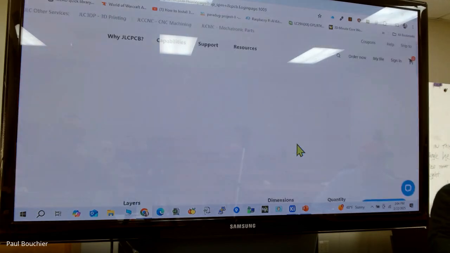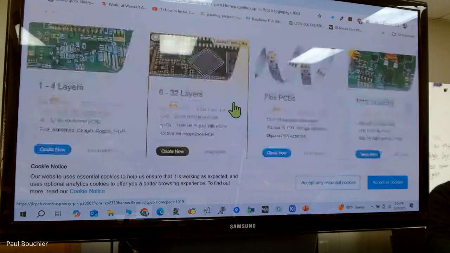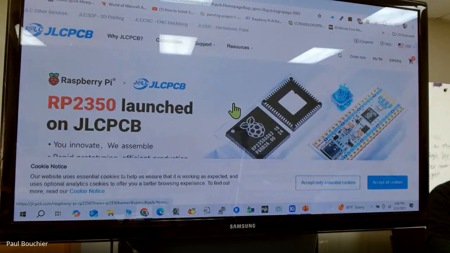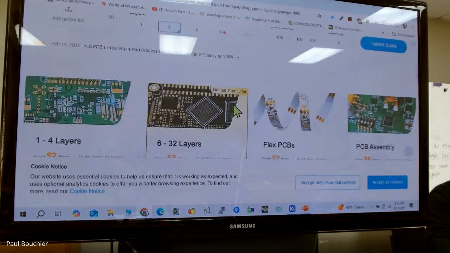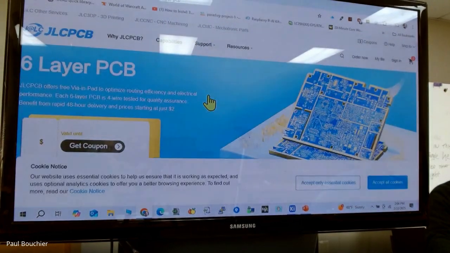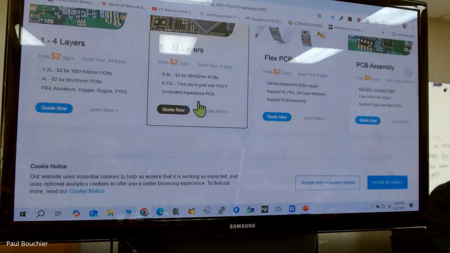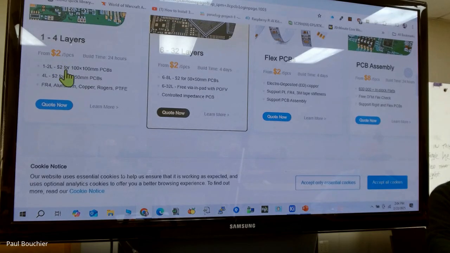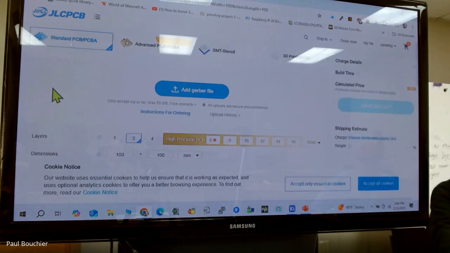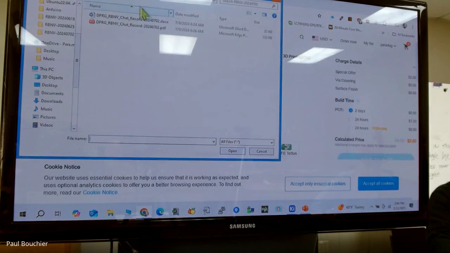See if it'll let me in. Oh, okay. So this is when you log in. Let's see. I guess I've got this one. Okay. Wait a minute. What did I just push? No. I think this is the one. Okay, so now here you can click on the ad, and we want to go to